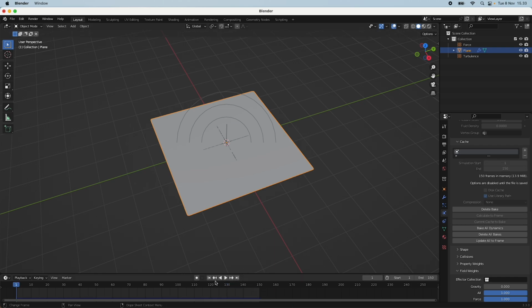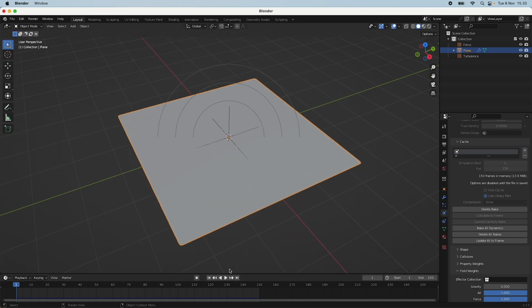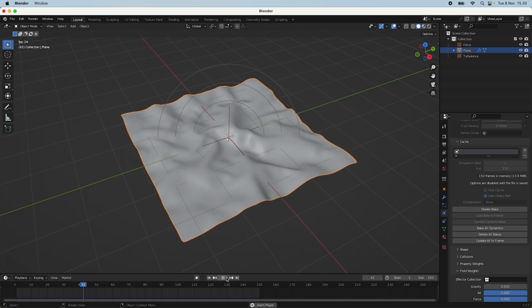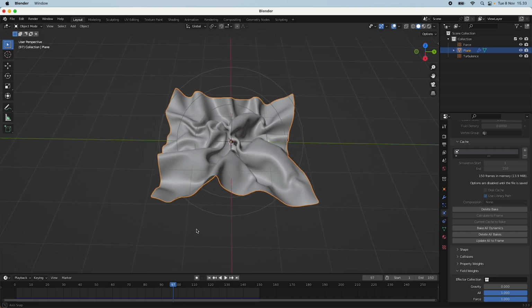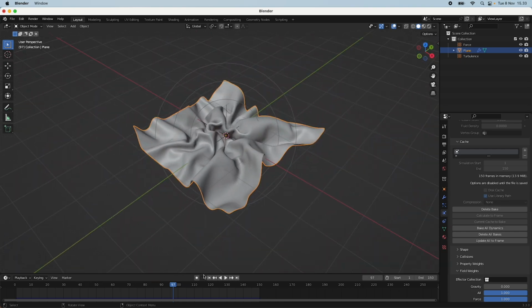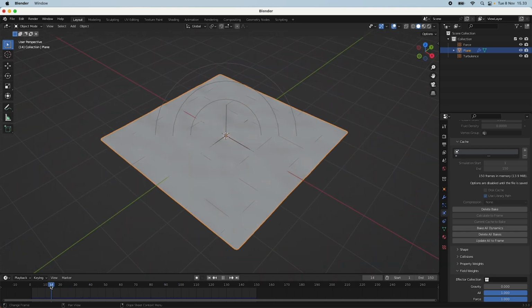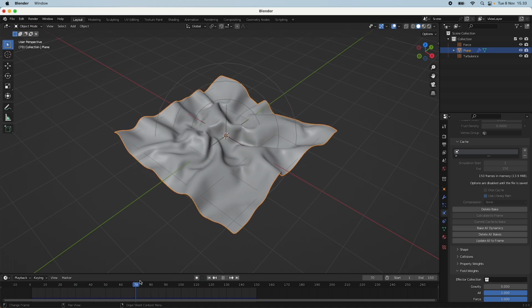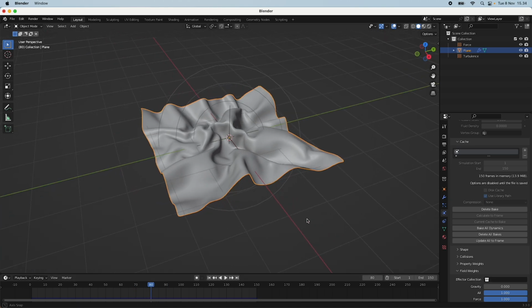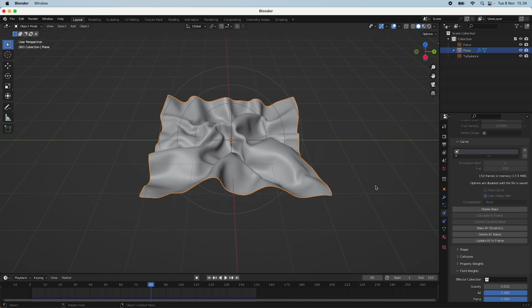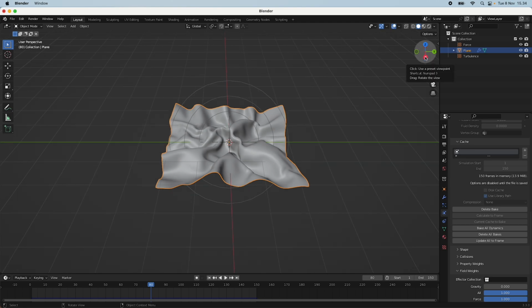So we are back, and if we play this animation, we should see some nice turbulent cloth. Yes, it looks really nice, I think. I really like the slow and really kind of effect, something that you would see in a cloth. So yeah, now that we have our cloth simulation, I think we should set up our camera